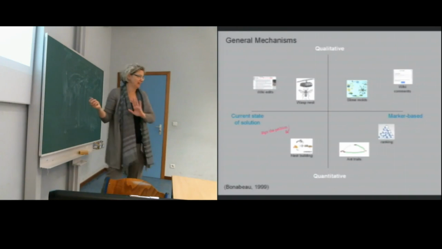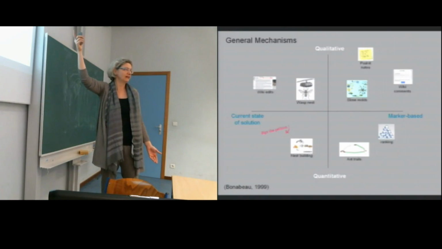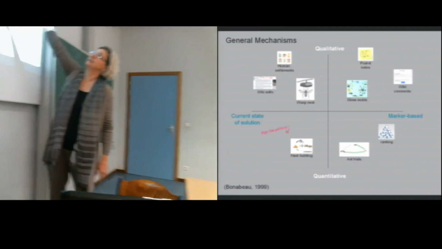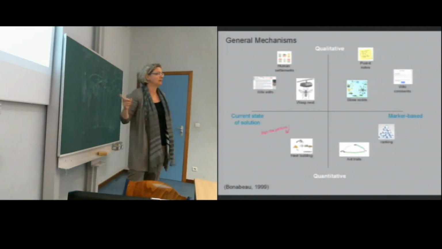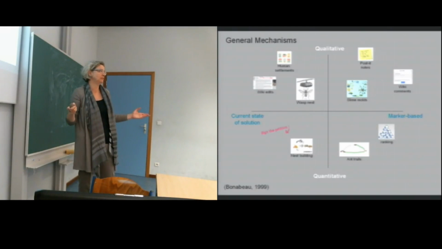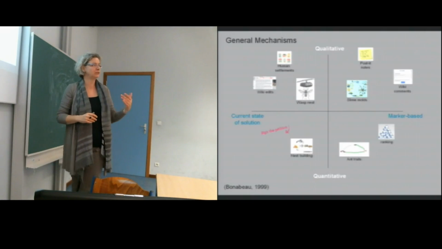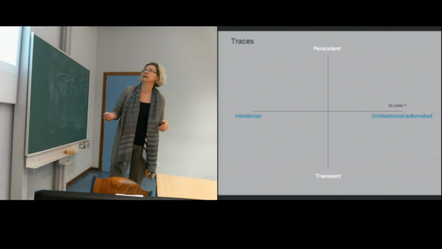So this is all very well, you know it better than anybody. Post-it notes also can be read as a kind of marker. Human settlements, interestingly, belong to this qualitative and current state of the solution, and I will show something at the end where the urban plan, it's a semi-nomadic community, and they have a very precise way to arrange themselves according to how the houses are placed before them.